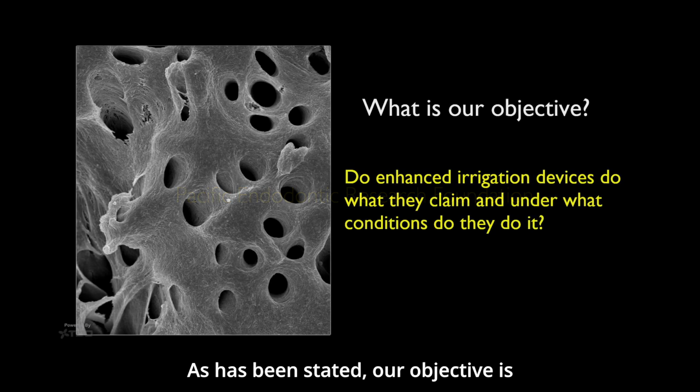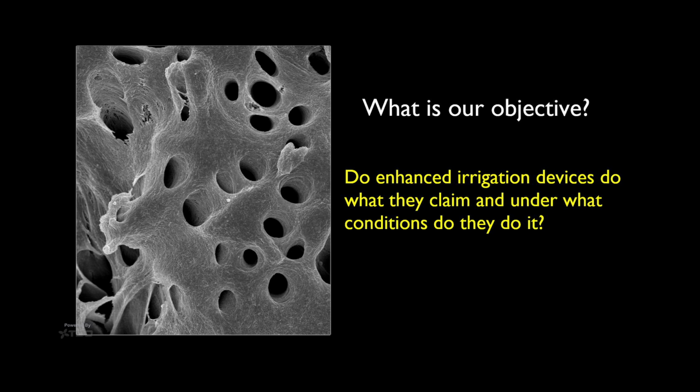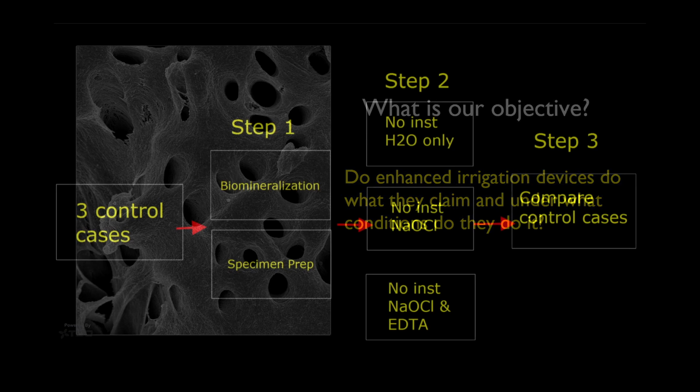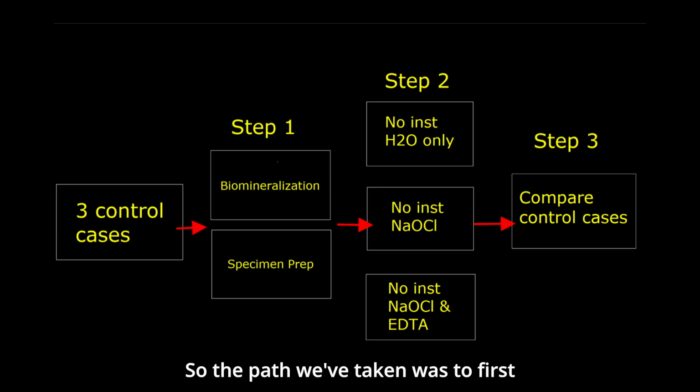This is a continuation of our tutorial series on SEM interpretation. As has been stated, our objective is to be able to evaluate enhanced irrigation devices to determine if they actually accomplish what they claim to accomplish, as well as determining the specific conditions under which they are able to accomplish it. So the path we've taken was to first look at issues with the biomineralization process